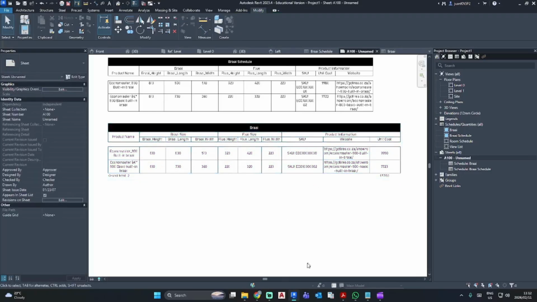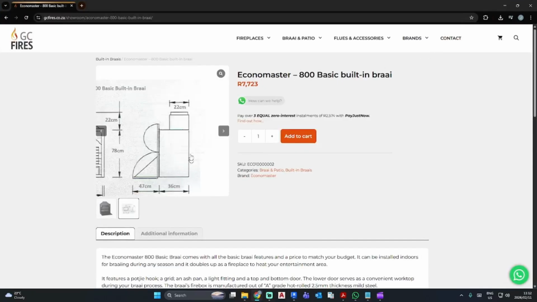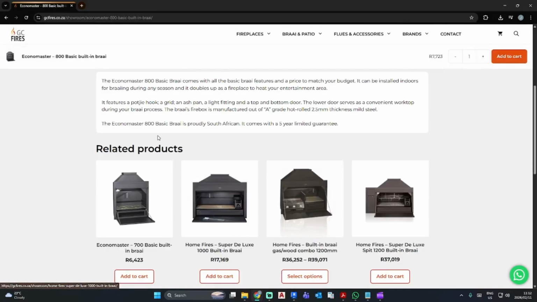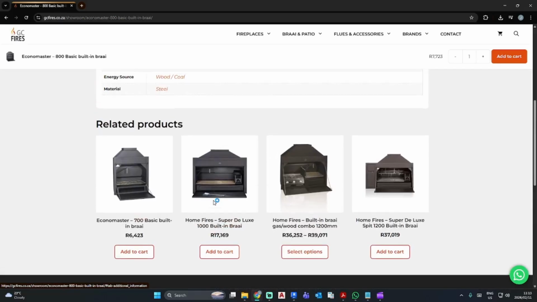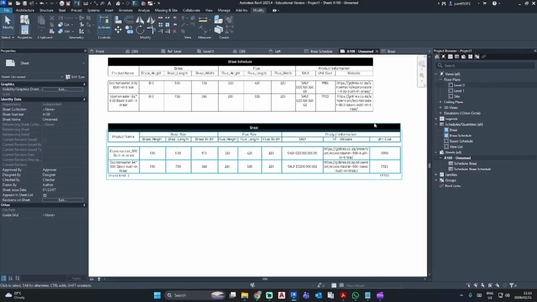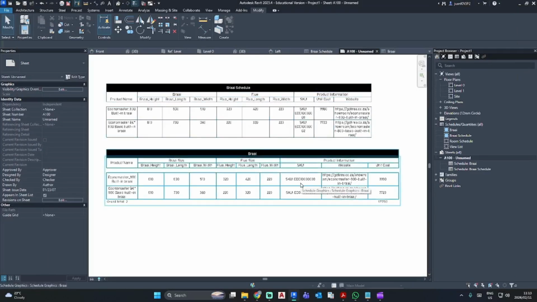So now you and the client and the builder know what these two are going to cost. I'm not sure if this website pricing stated here is for installation with the product. I could not find anything that specifies it is only for the product without installation. So you will just need to confirm with your preferred Braai manufacturer about your unit cost. But if you have gotten an installation quote with the product, you can just go and update your .csv file and then reload it to your family, reload it into your project, and then everything will be updated.